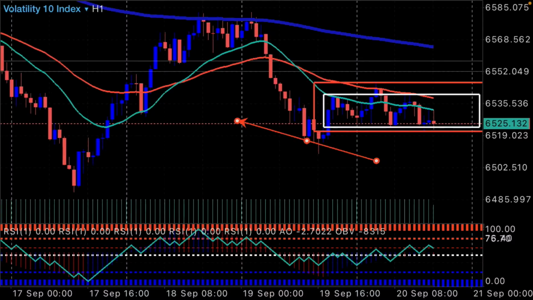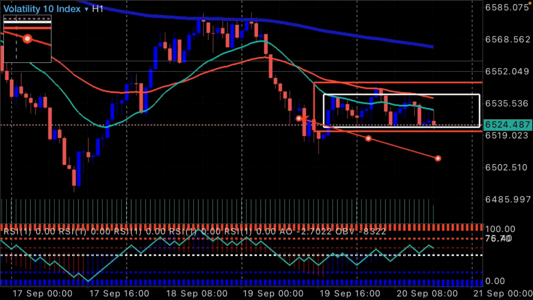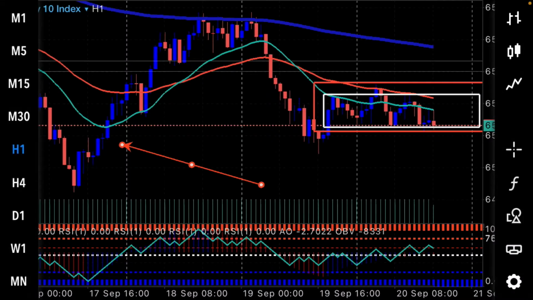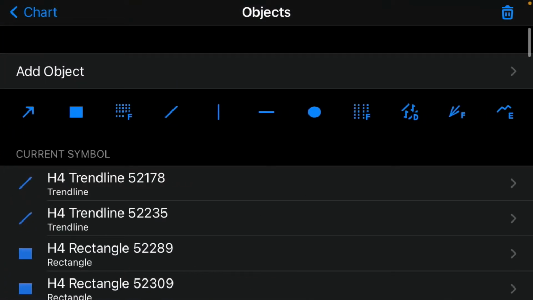Once you analyze your market and you are waiting for your retracement, your supply and demand retracement, or your support and resistance, whichever type of trader you are, all you have to know is that once this consolidation starts, it will trap your money. It doesn't matter if you know price action, it will trap your money, because the market is not making higher highs and higher lows, or lower lows and lower highs. So all you have to do is just wait, leave it, don't trade it. All you have to do is bring out a box. This is the box.